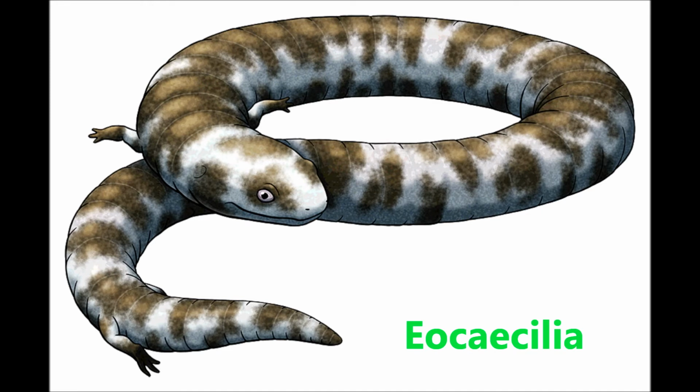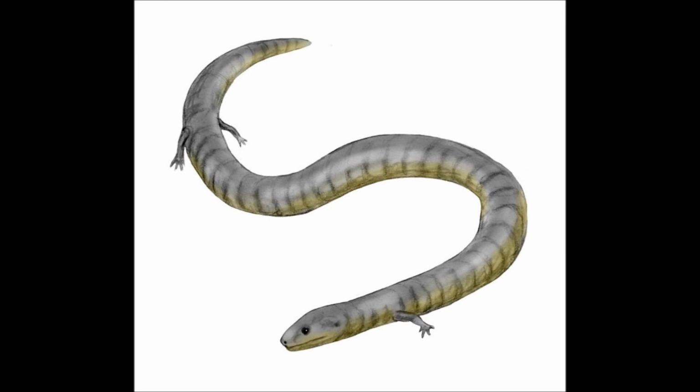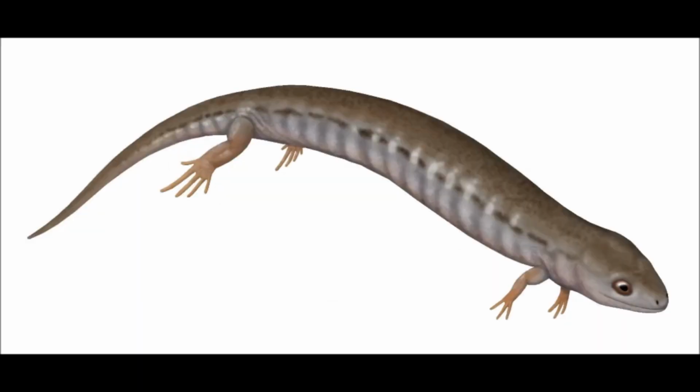So Eocaecilia is the oldest known genus of gymnophiona, which is what caecilians fall under, and it lived about 190 million years ago in the early Jurassic in Arizona, and it grew to about 15 centimetres. So unlike caecilians alive today, it had legs, and it also had better eyesight with more developed eyes. So Eocaecilia is thought to have a semi-subterranean lifestyle,